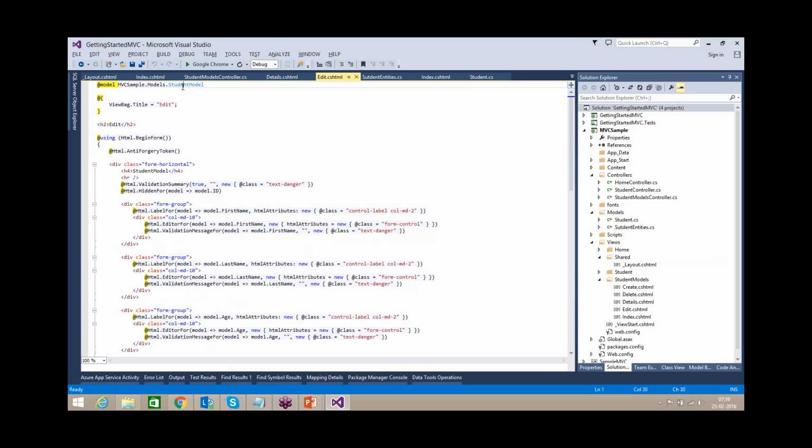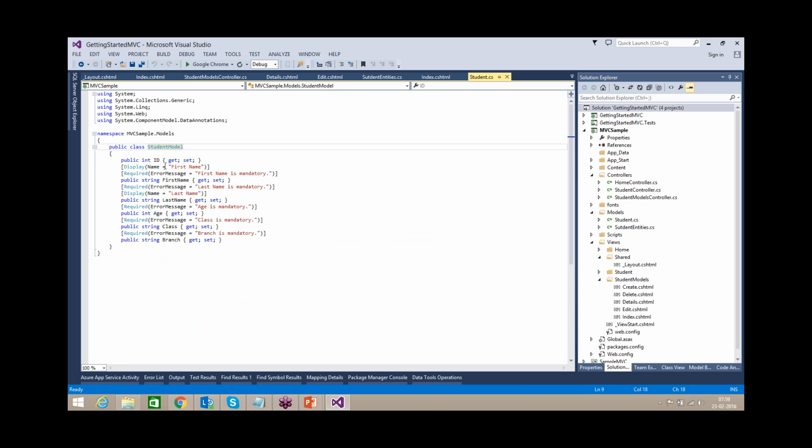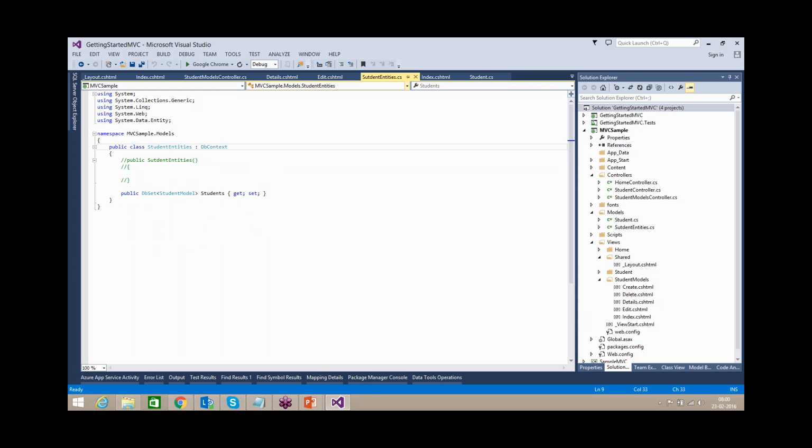If I take this student model, it has all the properties: ID, first name, last name, class, and branch. These are properties predefined in my class. What if I want to add a new property that does not exist in this class? This is the student model, and I created an object for this.